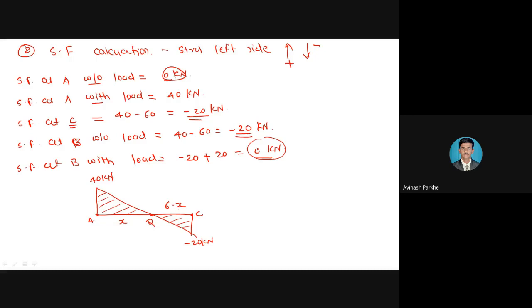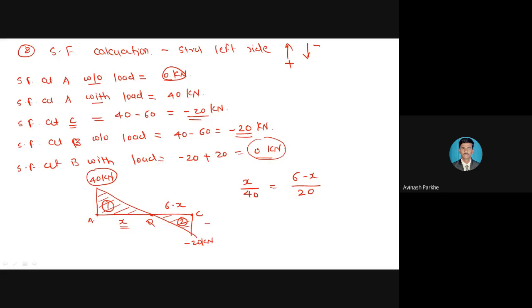I have to calculate the X distance, so here I have to apply the similar triangle rule. How to calculate that X distance? You can see here, X upon 40 is equal to 6 minus X upon 20. I have taken it from the figure. X upon 40 is applicable for this triangle number 1. And similarly, for the triangle present in the negative region, this is triangle number 2, I have taken 6 minus X divided by 20.